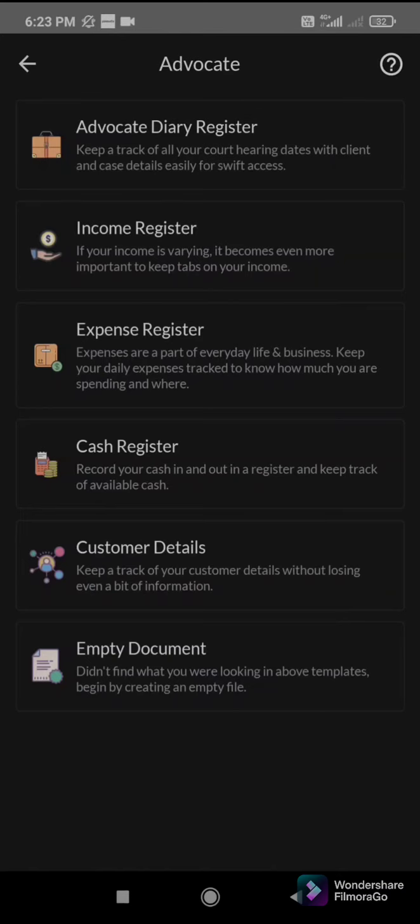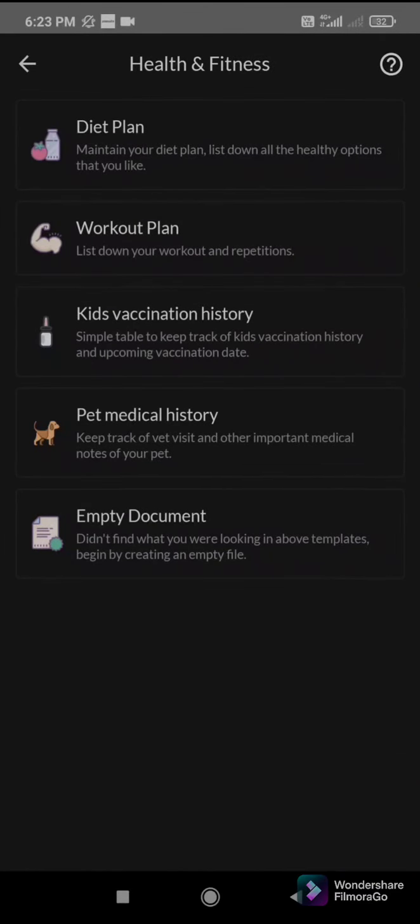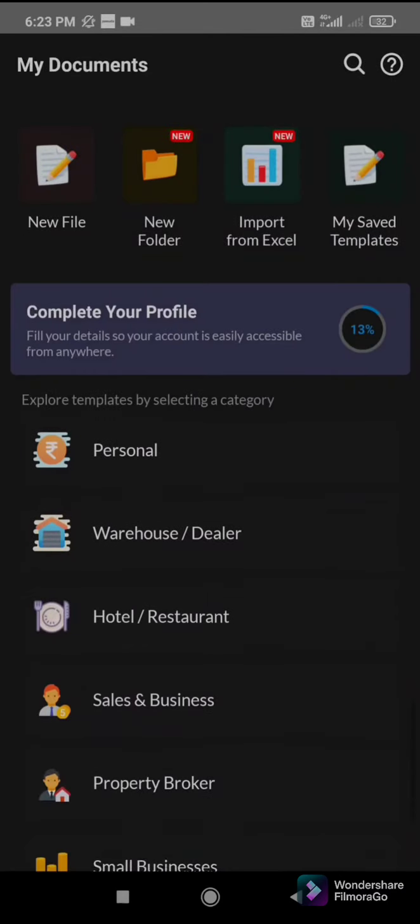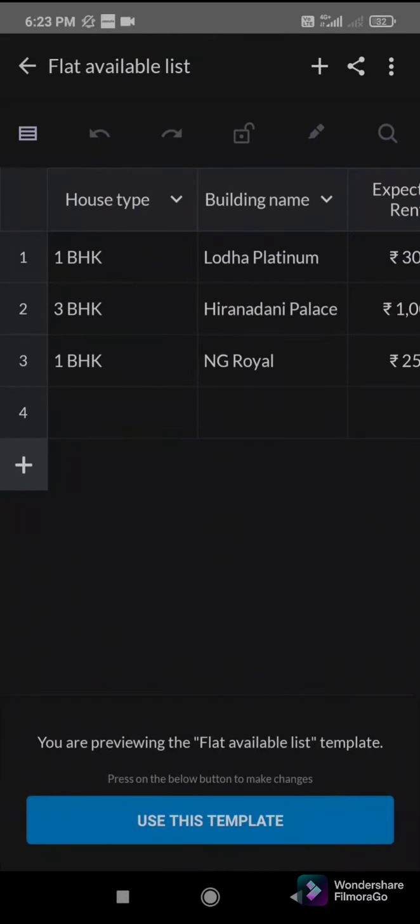If you go for health and fitness, there is the diet plan, workout plan, kids vaccination history, pet medication history. There are so many things. In the same way, if you go for property broker, they have a flat available list, income register. So for all there are different ones. Suppose I want to go for the flat available list: there are house type column, building name column, expected rent column, sub broker name, keys with owner.